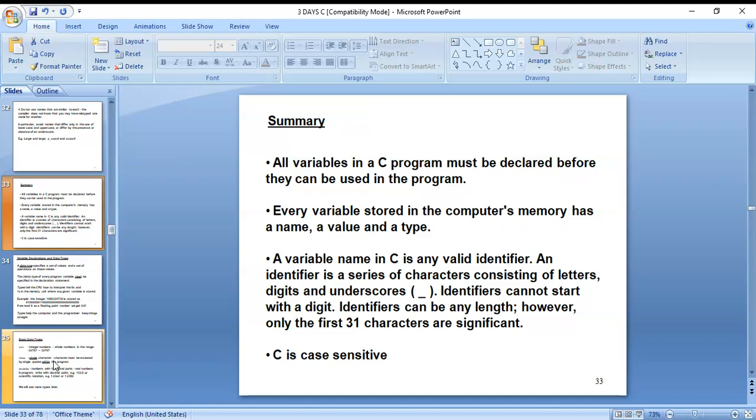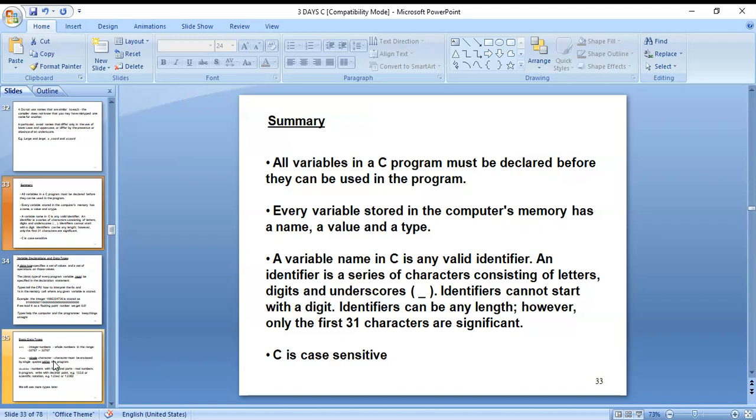Every variable stored in the computer's memory has a name, a value, and a type. These are all stored in computer memory. A variable name in C is any valid identifier.